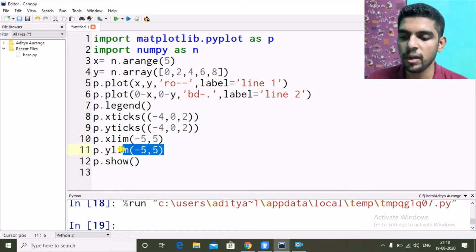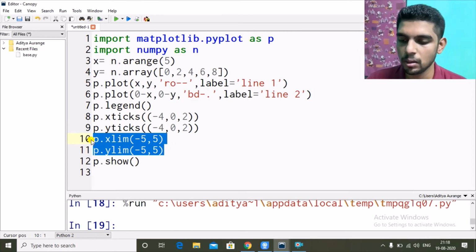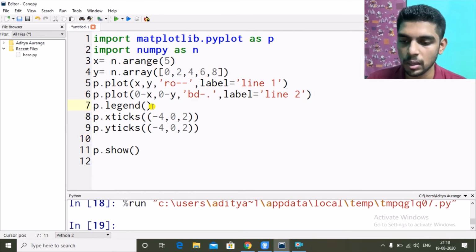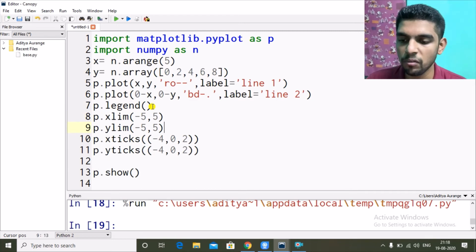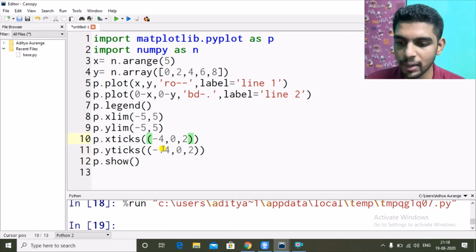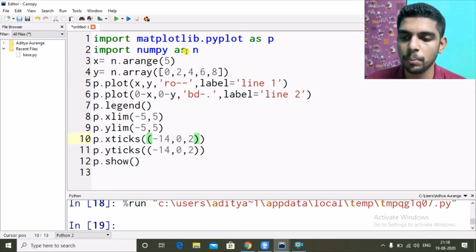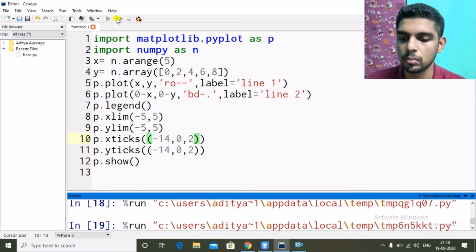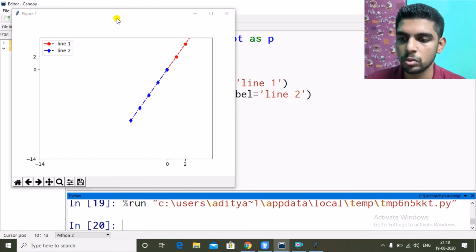Now, if we give the limit value before the ticks value, what will happen? Let's see. So let me do here 14. We are giving extra values. Will it override the limit property or not? So it overrode the limit property.